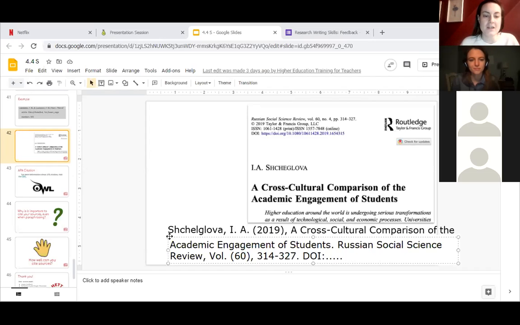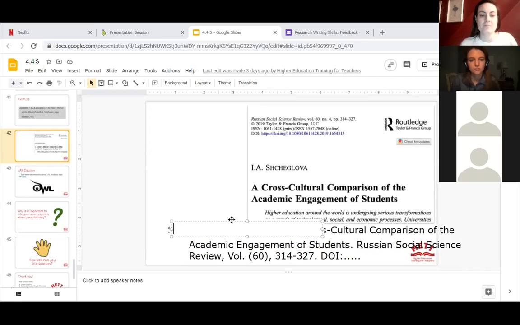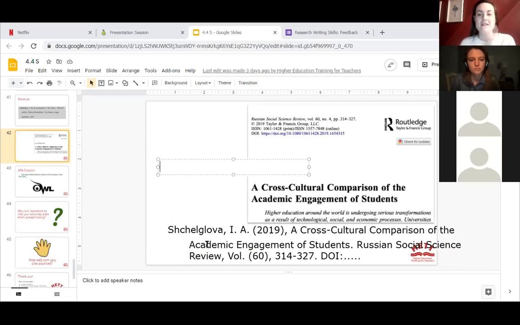But you also have to make sure, it's a little harder on here, that your first line is further out, and your other lines underneath are indented in. Okay, clear.